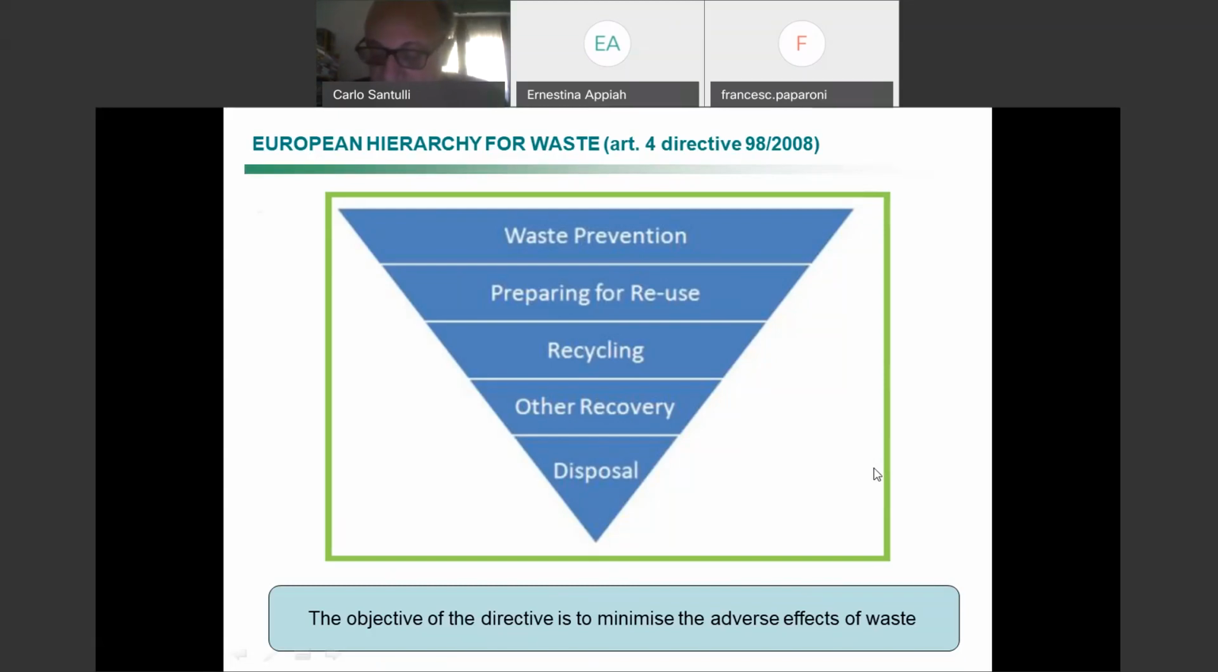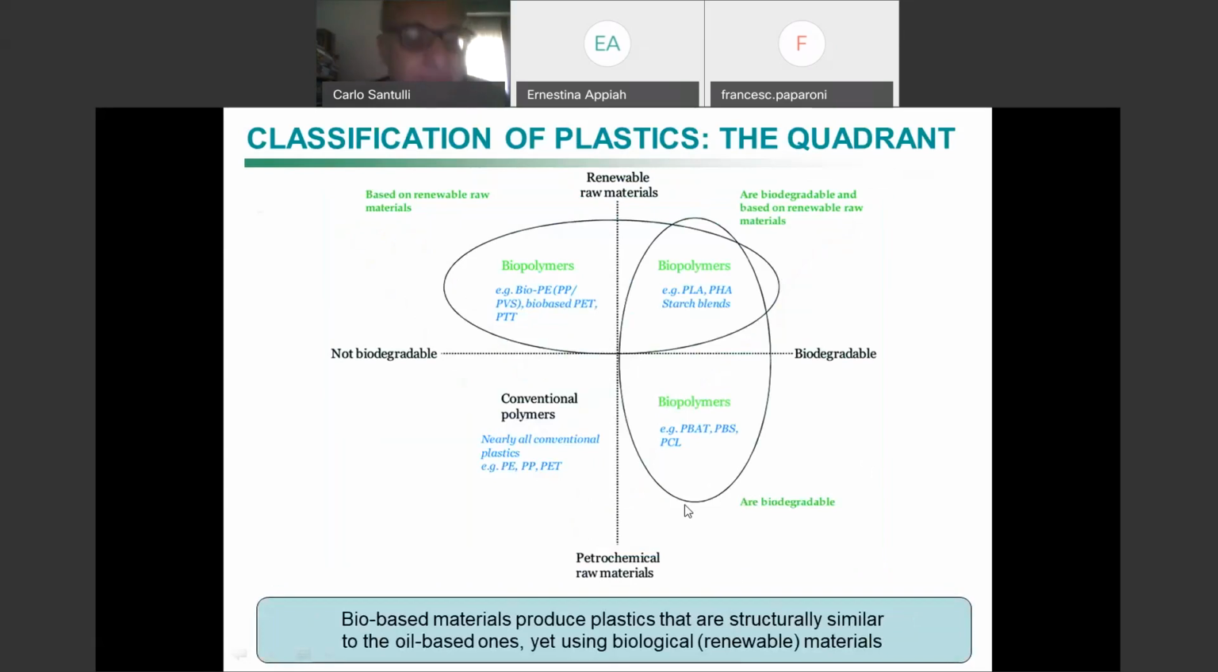of a number of substances and of toxic or non-inert materials anyway. Okay, so plastics. Let's come to plastics. To go deeper into that matter, there are not just petroplastics. Here we see four categories,